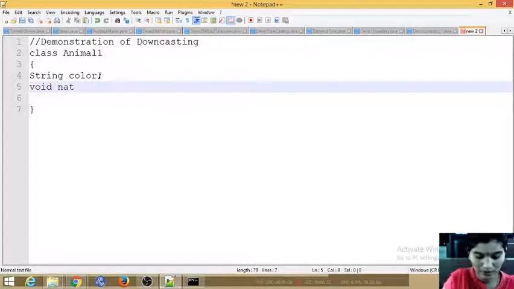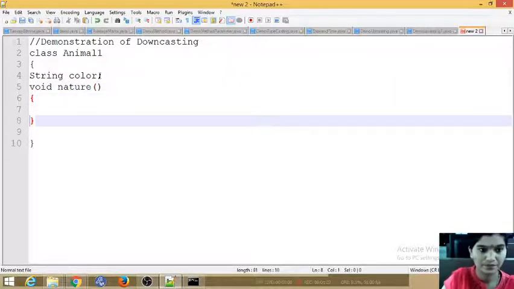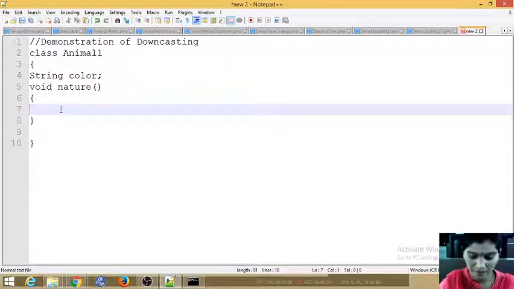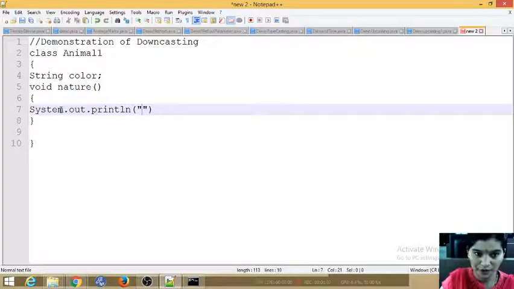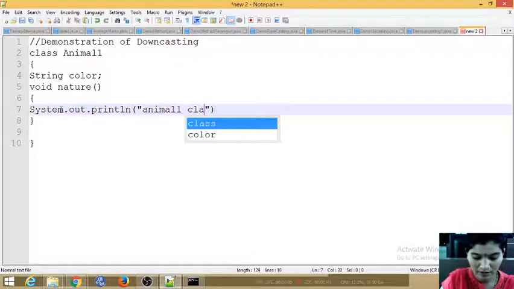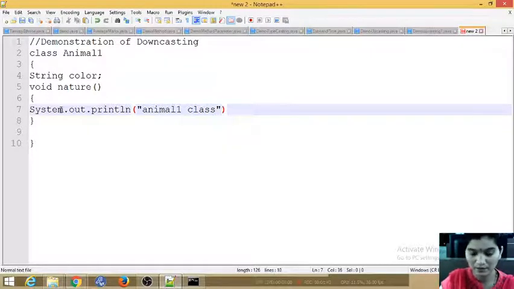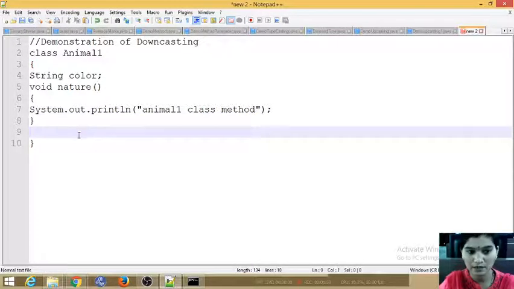Print the statement here with println: what I am going to print is the Animal1 class method.